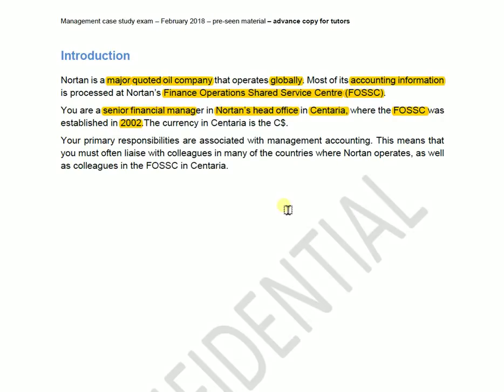So simply throwing some numbers at them would not be good enough. You also have to look at the non-financial implications of the decision. So this all requires your communication skills in the form of emails at your exam. And also you would have to be involved to a certain extent with the future strategy of the business, right? Handling projects, and of course things relevant to HR issues, and how to deal with cultural differences and so on,